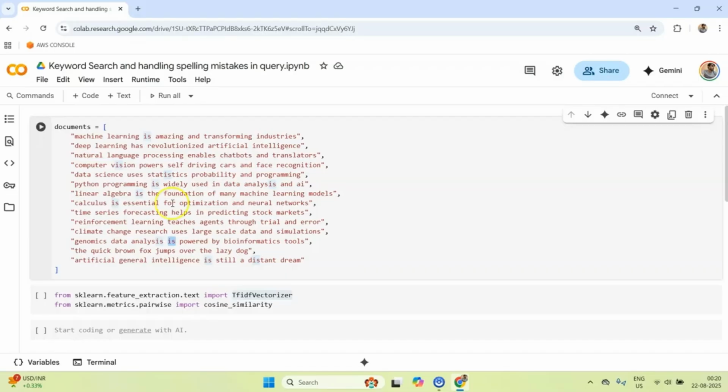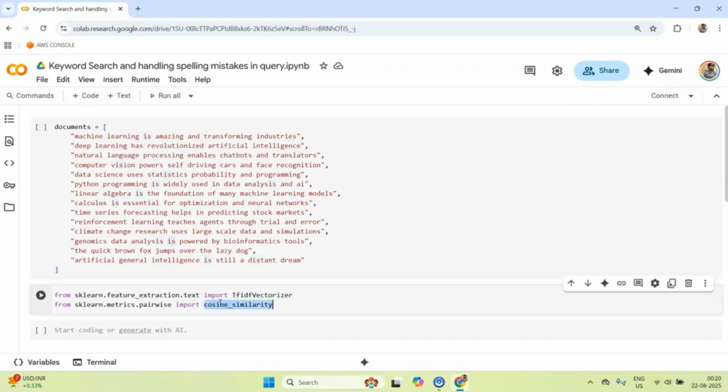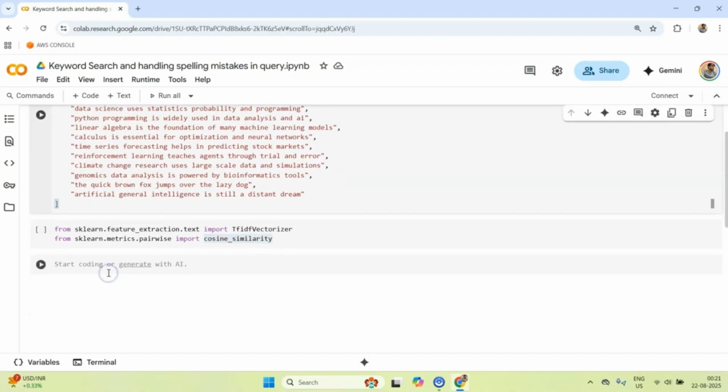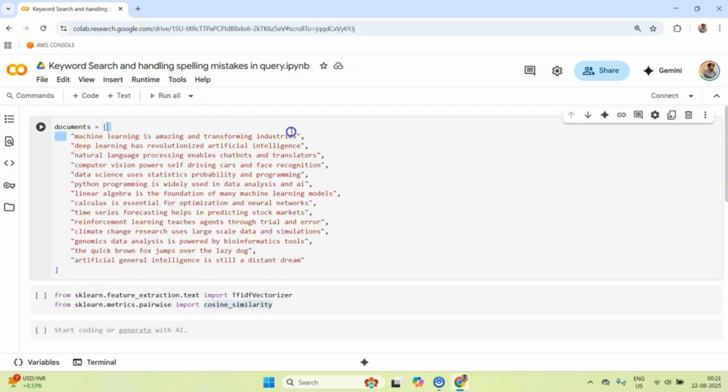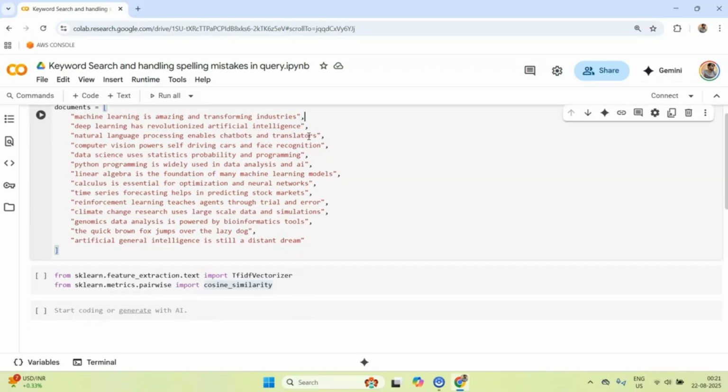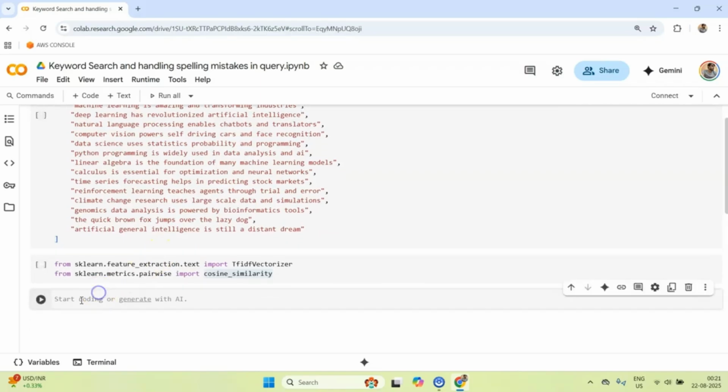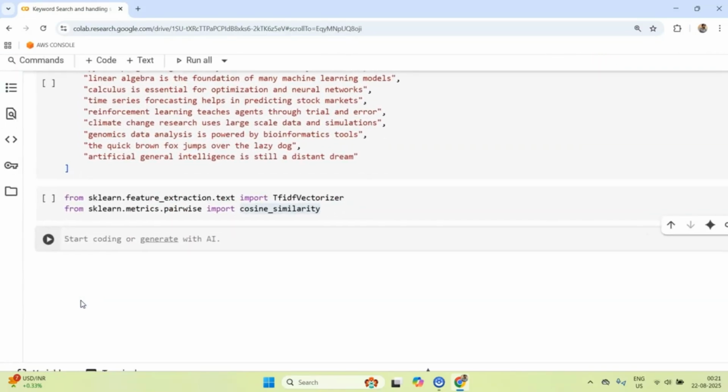Okay. And then cosine similarity is something that we are going to be using to compute the similarity between two vectors. Essentially, in the TF-IDF based vectorizer, we take each of our documents and convert it into a vector. So without doing any further talking, I think I should start coding so that you can see what exactly we get.